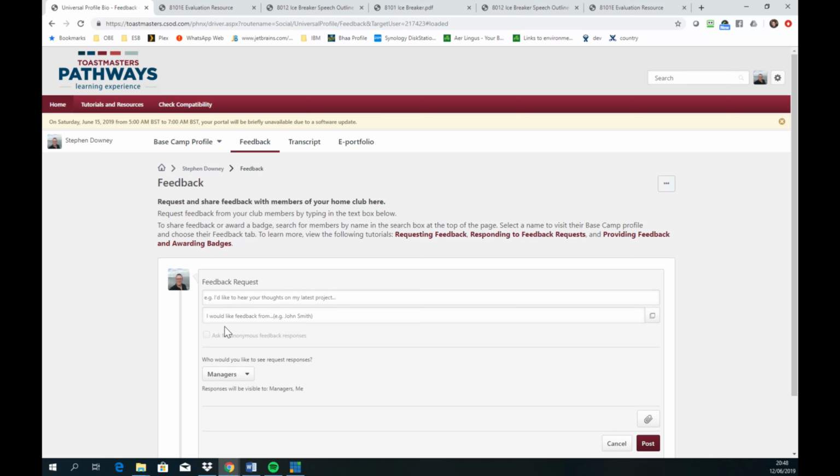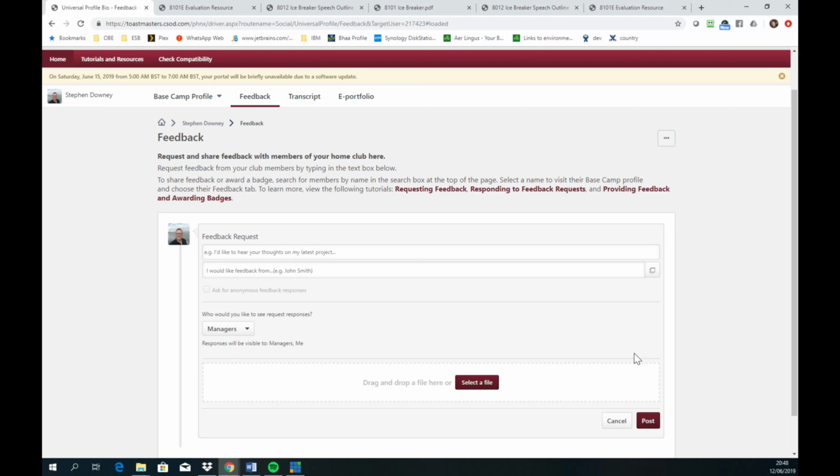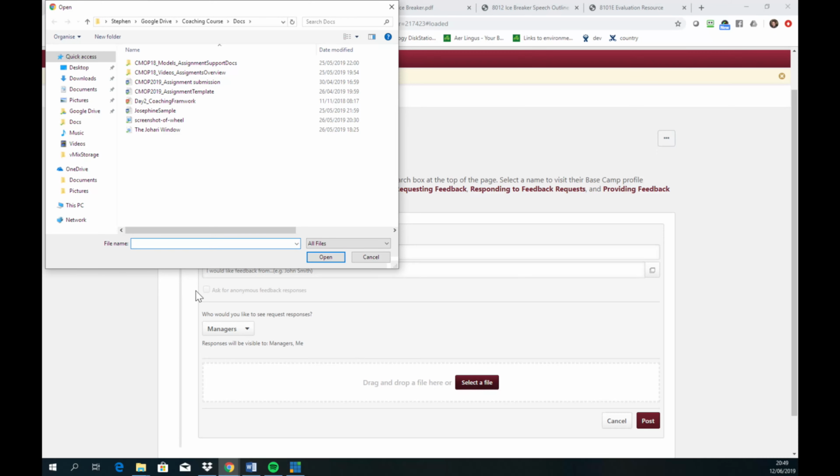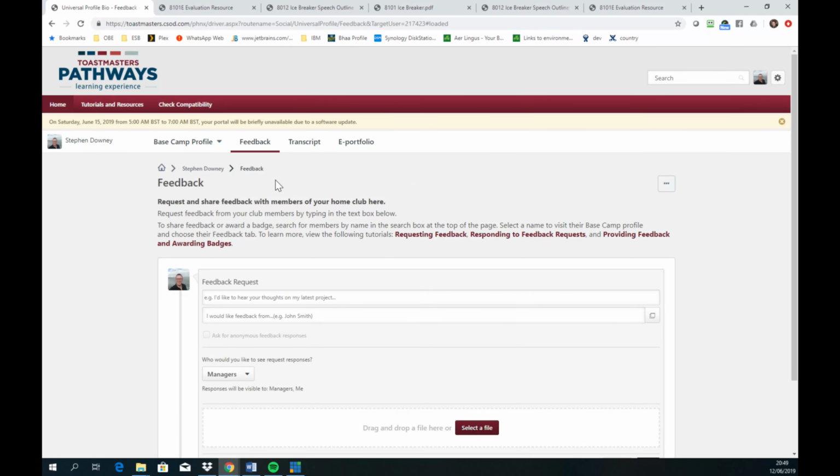But I can request feedback from other members of my club. I can also attach. Now this is where, if I got a scanned copy from the evaluator, or if I got the physical sheet and I want to scan it myself, you can select a file and you can put it in here. And when you post that, it'll go on to your feedback section. So you'll see,